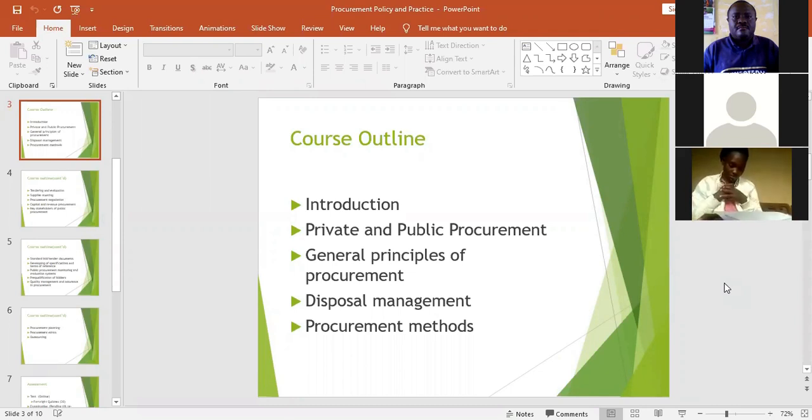Therefore, members, I'm happy that some of you have attended, and I hope other members will attend, because if they don't, how would they be able to really do the test? So that at the end of the day, when you return, you only sit for the final exam. That is if the lockdown ends and the institutions of higher learning are reopened by the government, and God willing, one day you will come back.